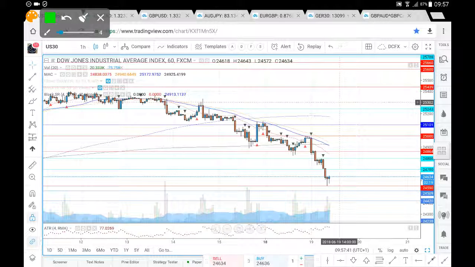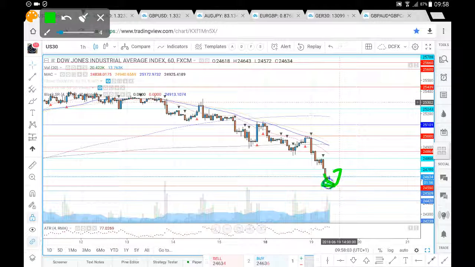we briefly found support at the 24,864 for a retest of 25,000, saw the rejection of the 25,000, broke below the 24,864, the 24,800, 24,700. We've now had prices head down towards the 25,550. Now we do appear to have put in a bit of a pin bar here from 25,550, so we'll see whether this retracement will take us up towards that